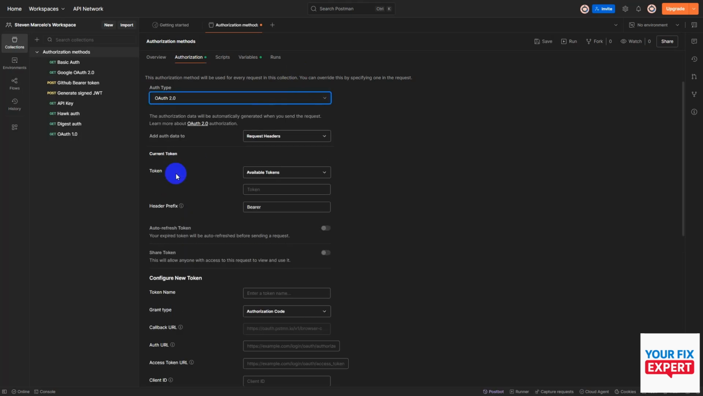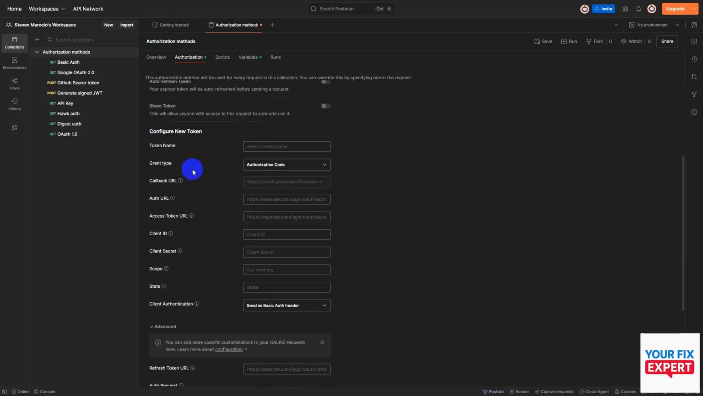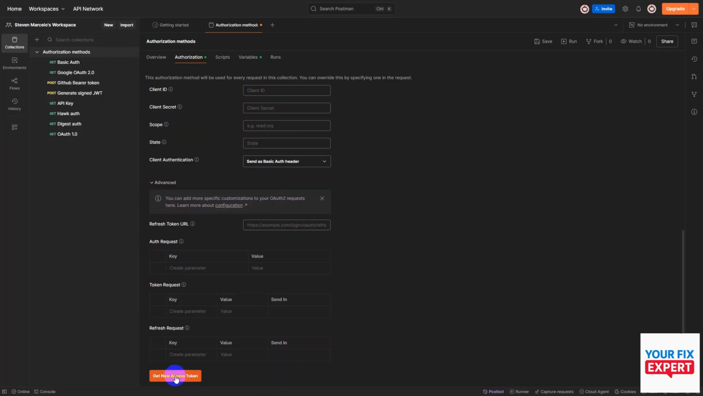And then we need to fill out this form, but most importantly, we need to fill out the section over here where it says Configure New Token. Fill in all of this information here. And once you're done, all you're going to do is scroll all the way down and click on Get New Access Token. And that is it,